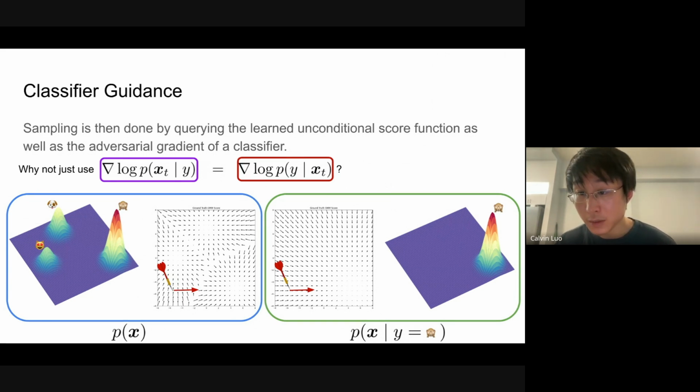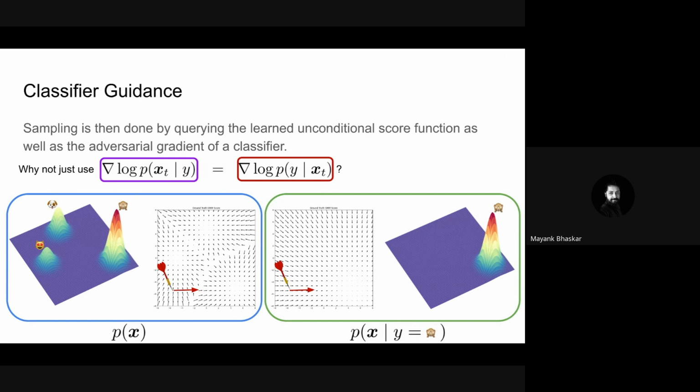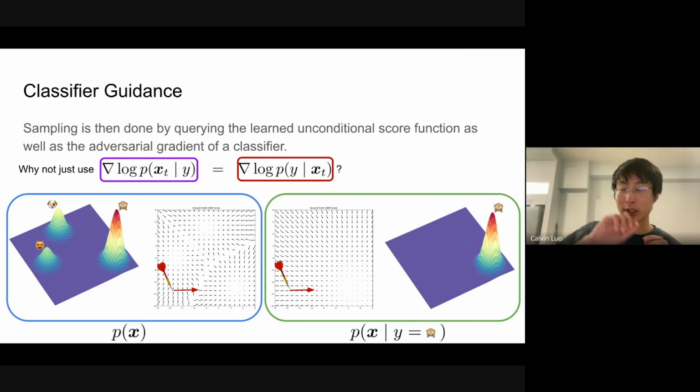Yes, Mayan. What's the monkey mode here? Oh, sorry, this is just a very simplified example. When we sample, we want to go up to a mode. What I'm trying to say is when we care about a particular mode, I don't want to generate any animal image. I want to generate particularly a monkey image. What we actually want is to eventually move towards around the monkey mode, right? But